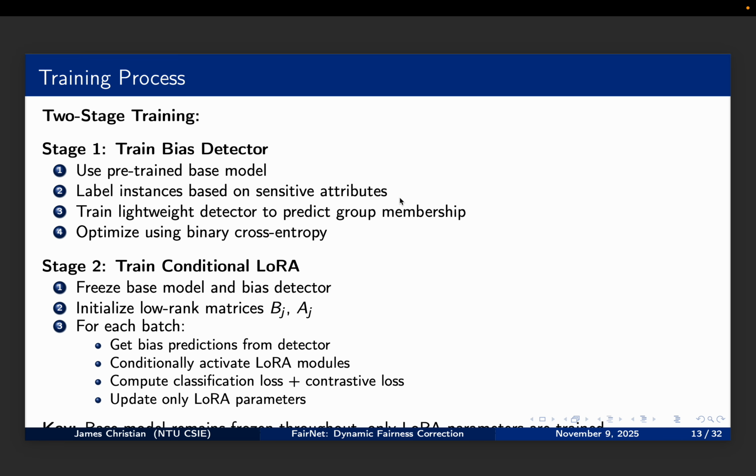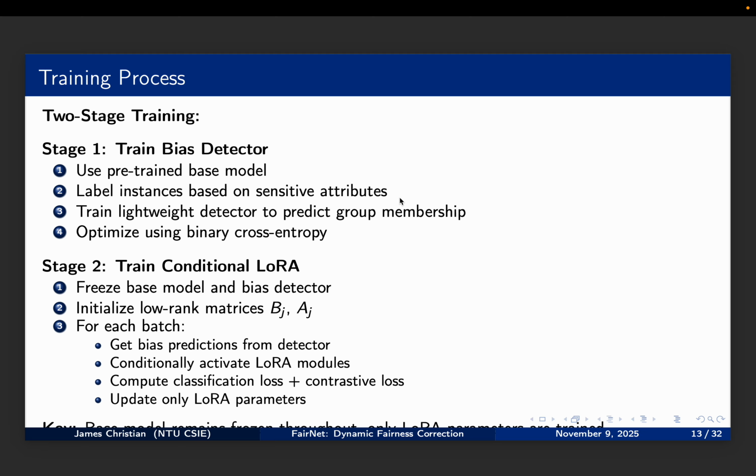The training process has two stages. Stage 1 is train bias detector. First, use the pre-trained base model. Second, label instances based on sensitive attributes. Third, train the lightweight detector to predict group membership. Fourth, optimize using binary cross entropy. Stage 2 is